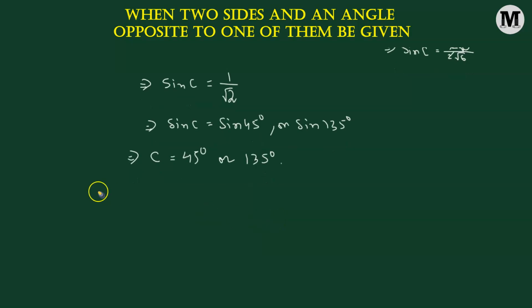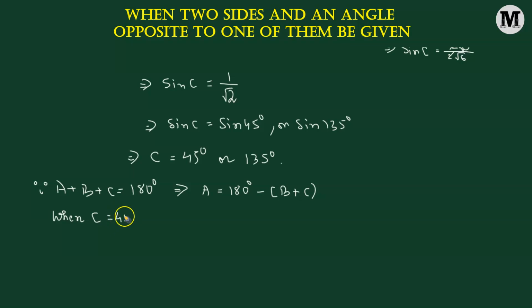So let's try to find out the angle measure for A. And we are going to use the fact here that A plus B plus C is always going to sum up to 180 degrees. This means that to find out angle measure for A, all we have to do is from 180 degrees, we're going to subtract angle B plus angle C. So let's use that. Whenever we have angle C as 45 degrees, because B is going to be fixed at 30 degrees, then in that case angle measure for A comes out to be